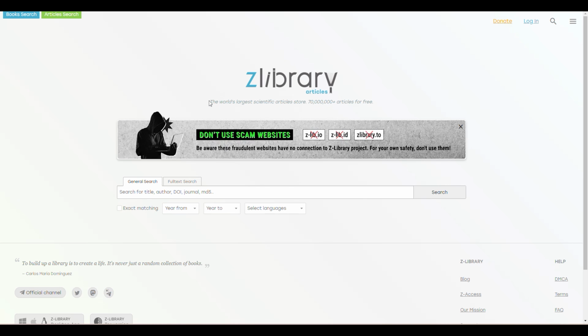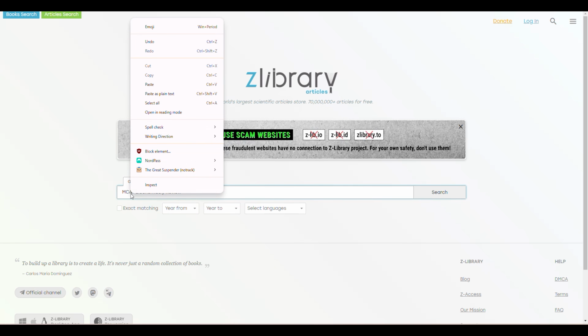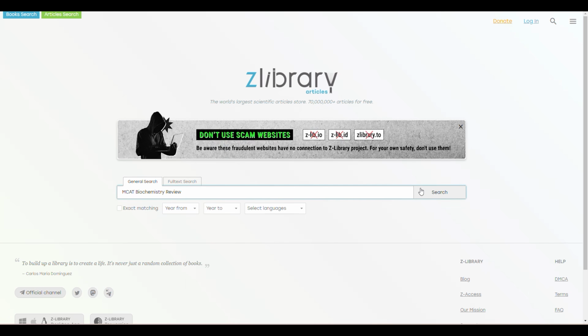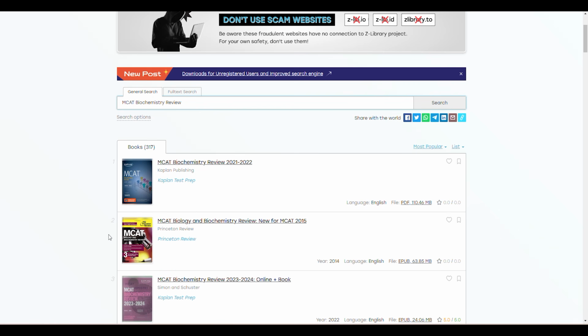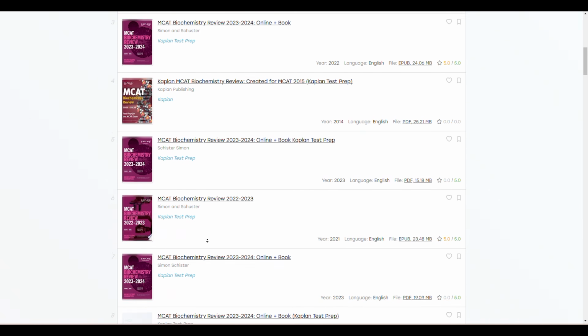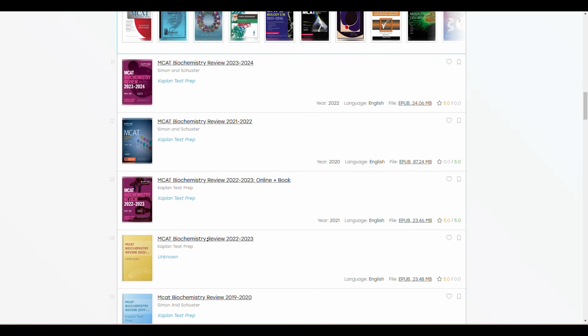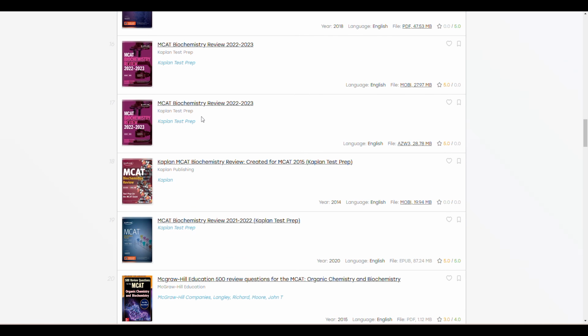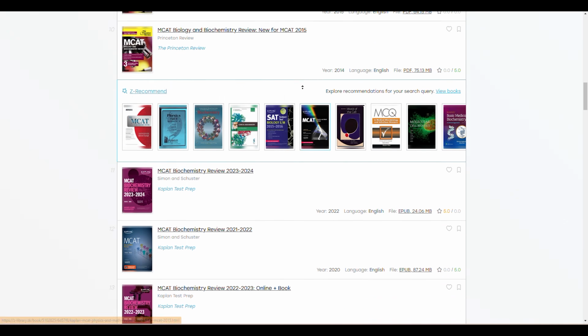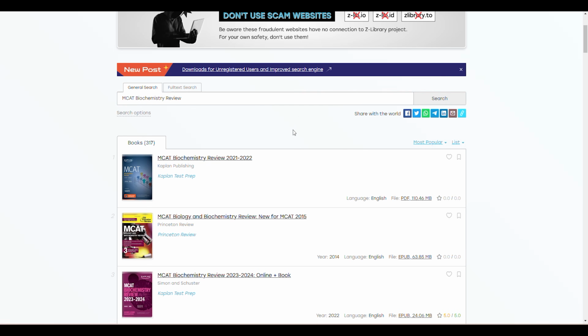The link will be in the description, but once you arrive here, make your way towards general search. I'm going to click on the search bar, click Control V, or right click and click on paste and tap on search. As you can see, the textbook not only came right up, but if we scroll down, several similar options that are even more up to date appear in the search results that might be a good alternative. But for the sake of the video, I'm just going to go back to the top and click on the